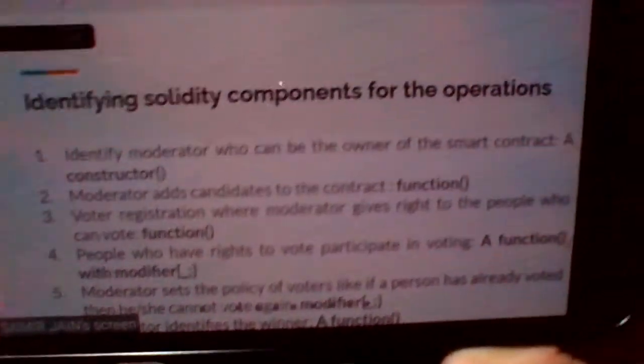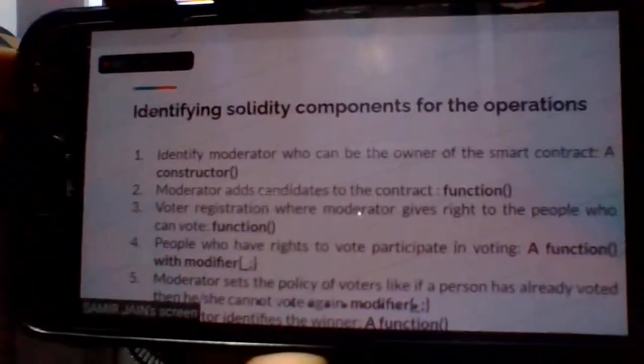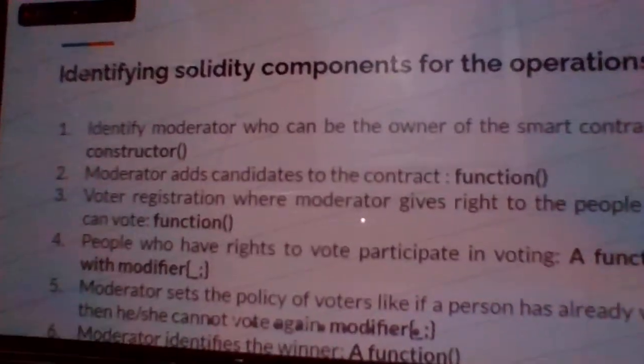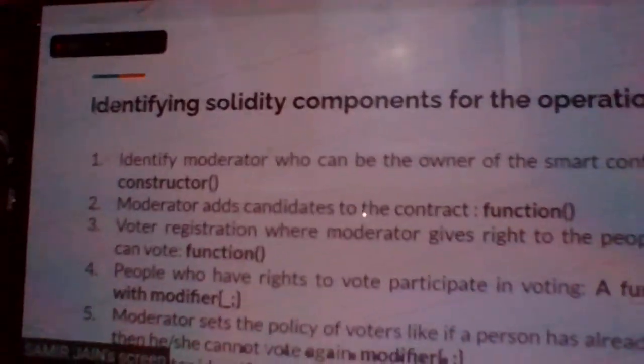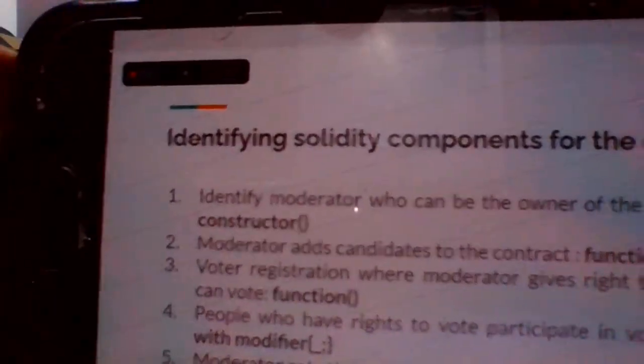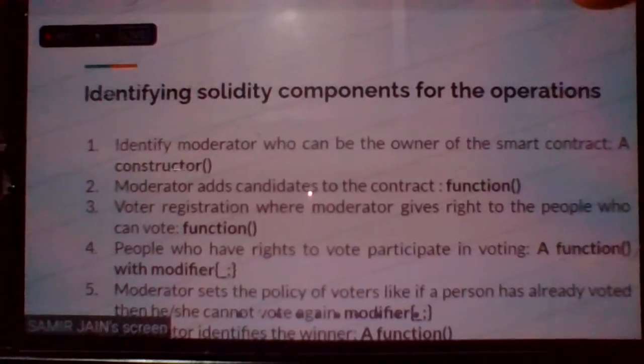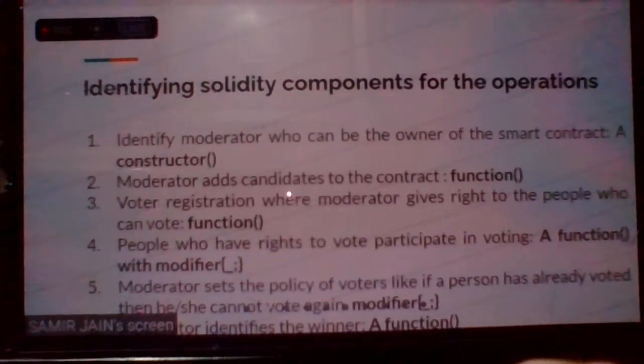Now, if a contract is deployed, then we have already identified the moderator. Then that moderator can add candidates to the contract. Then they will register the voters. They will register the candidates by using some functions. As I've already told you, there should be a policy. So for making a policy or for restriction, like only authorized persons can do this thing, we can use modifiers for that, and there will be a function for declaration of a winner in that